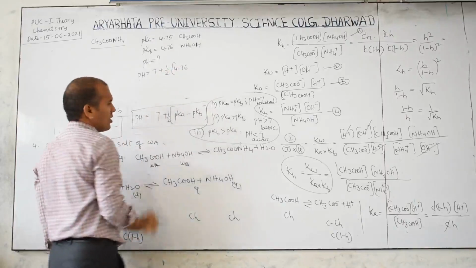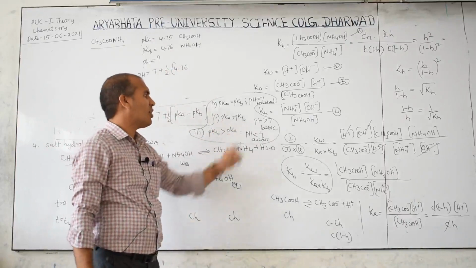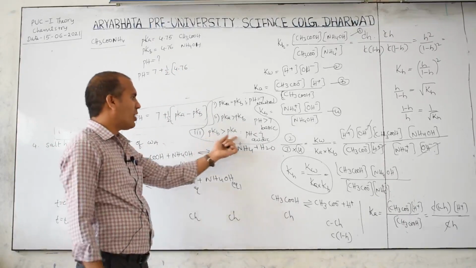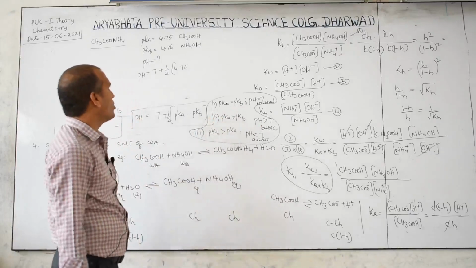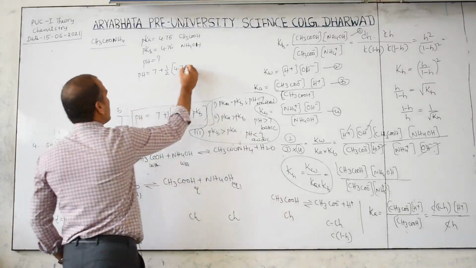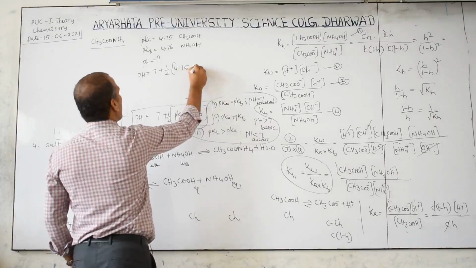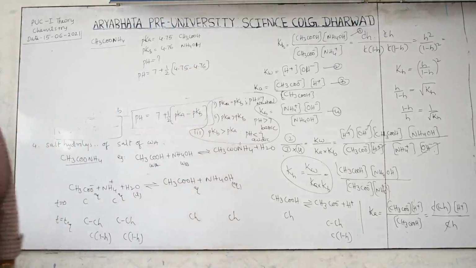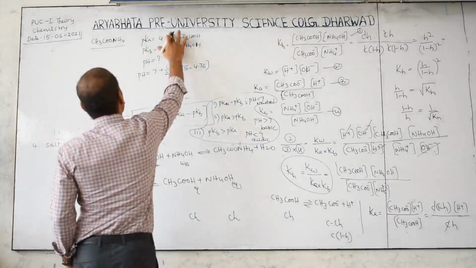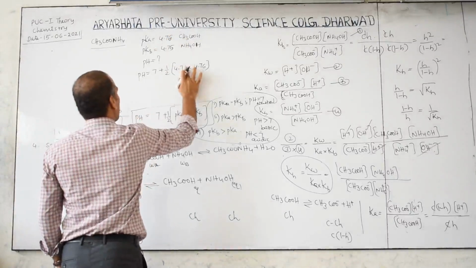4.76. So keep in mind, if pKa is greater, then you will get basic. If pKb is greater, then you will get acidic. If pKa and pKb are equal, near to neutral. Therefore 7.5 minus 4.76. Okay, one minute. I gave the pK values reversed. I think this is 4.76 and this is 4.75, reversed.